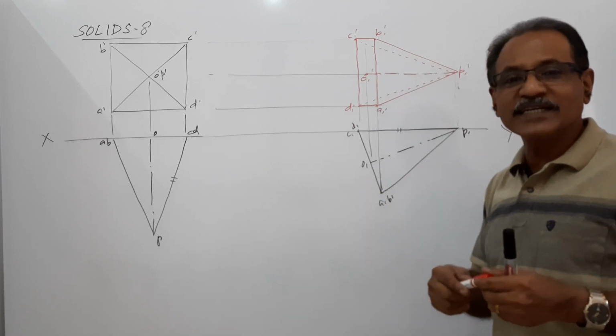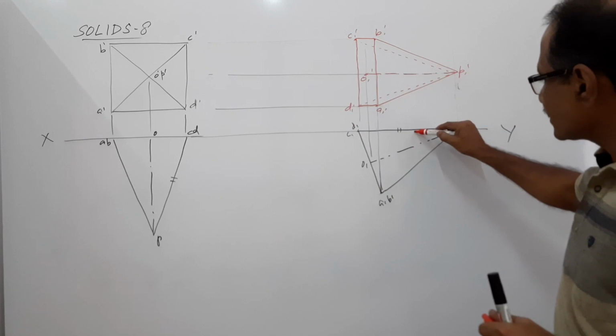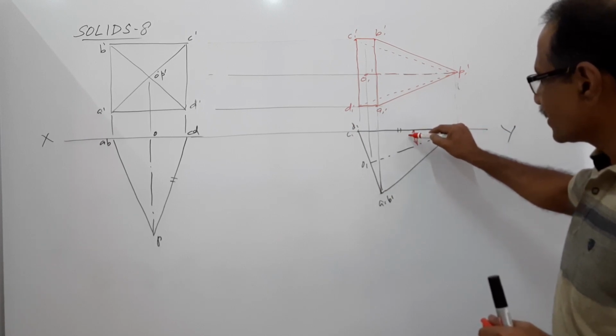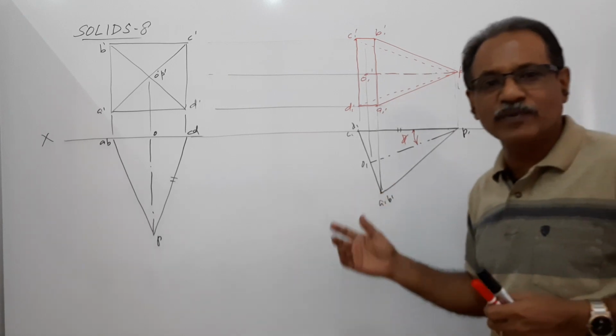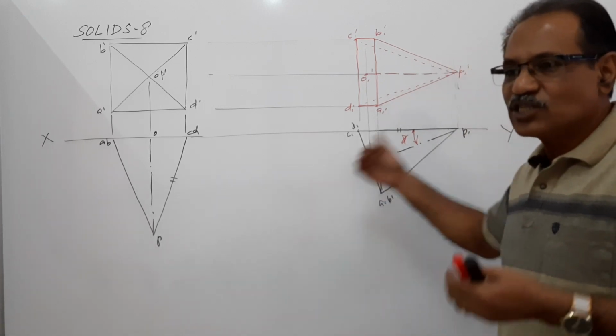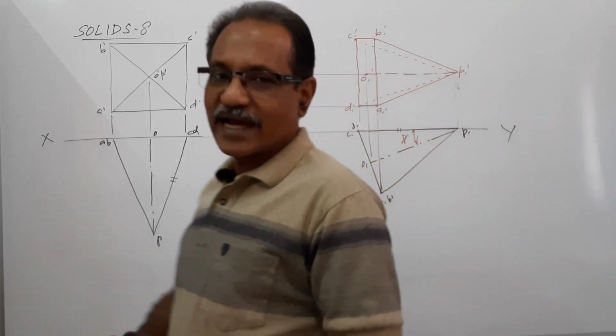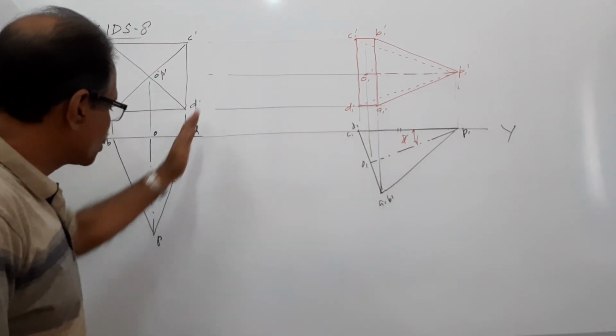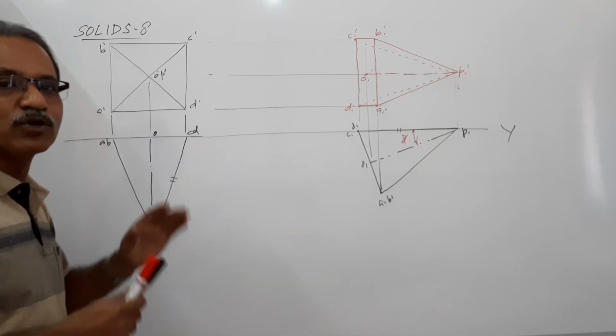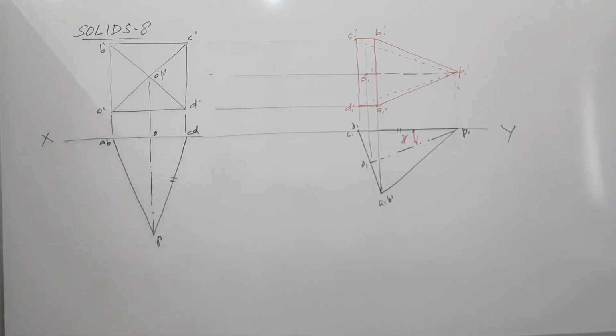What is the inclination of the axis to VP? This is the inclination of the axis to VP. Fine. I am just telling you for your information. This is by the redrawing method. I have redrawn the plan a little bit away so that I get space for the auxiliary projection in the same drawing. How do you draw auxiliary projection?